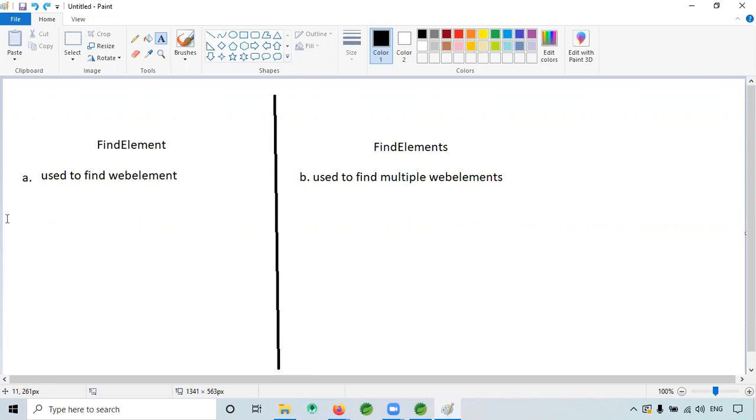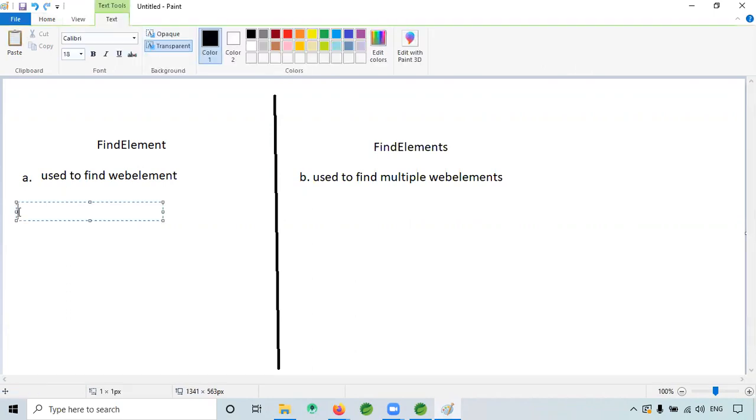So it throws NoSuchElementException if the element is not found.